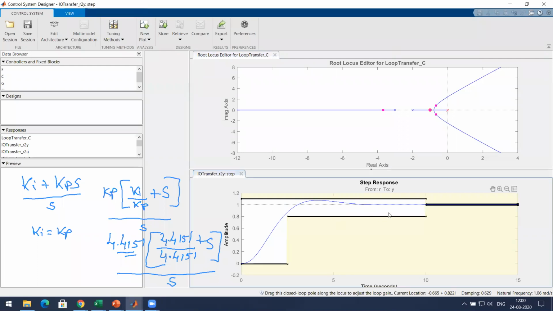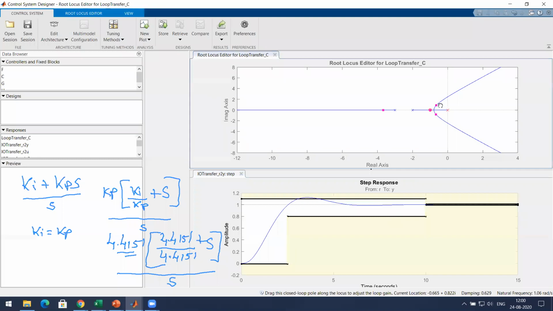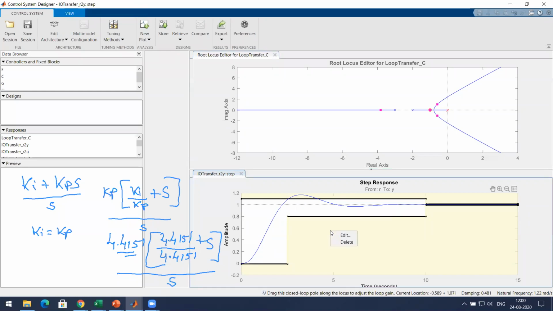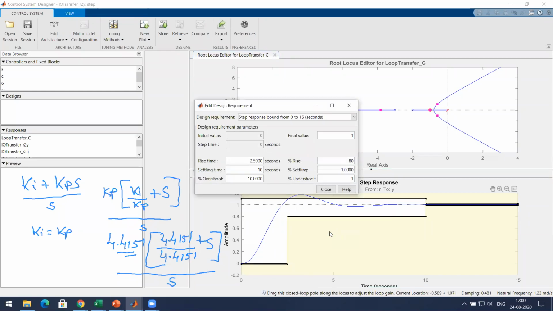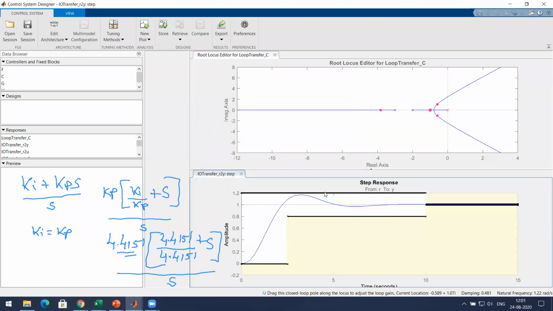Just a second. So what do you see? What am I trying to do? I'm not able to meet the requirement, so I'll go for say 20% overshoot is okay for me. Now, have I already met the requirement?